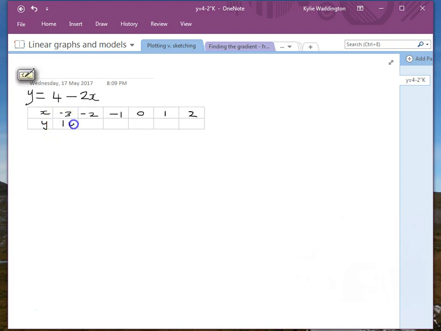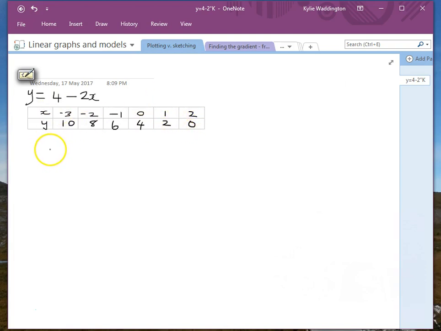So we've got 10, 8, 6, 4, which makes sense because we have a y-intercept value of 4, 2, and 0. Now, to graph this, we need to consider the range for x,